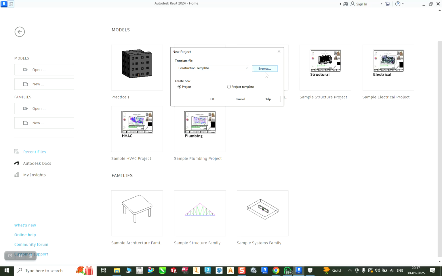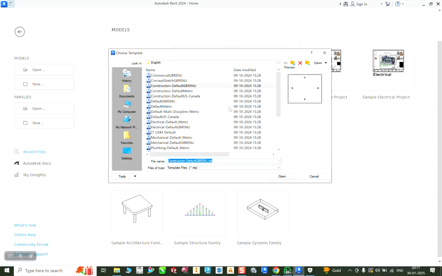How am I going to add that? Just click on browse. When you click on that browse option, directly you will get some default templates. These are the default templates. Here, this default metric is obviously metric, which means mm. The units are basically mm. So here default metric basically is for